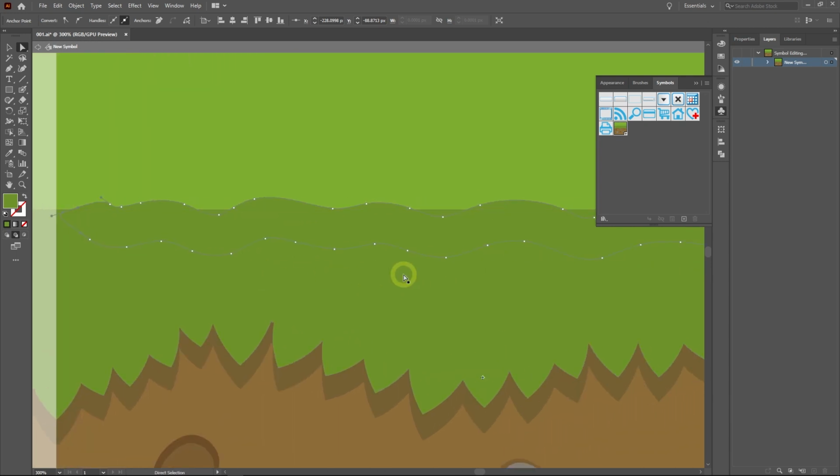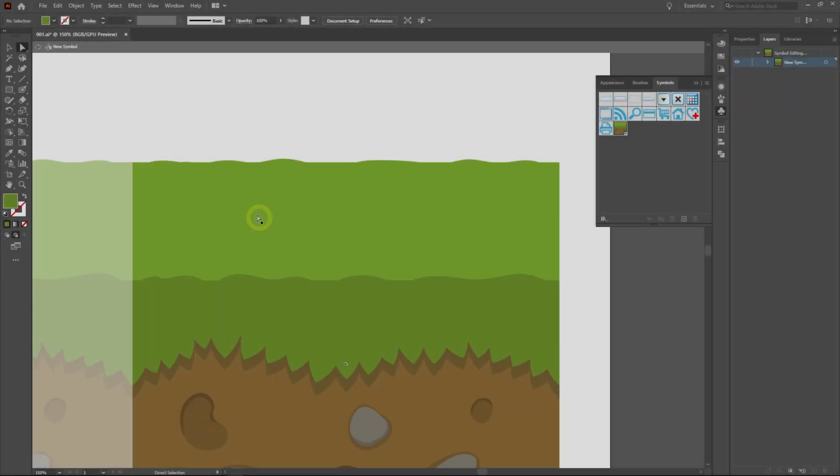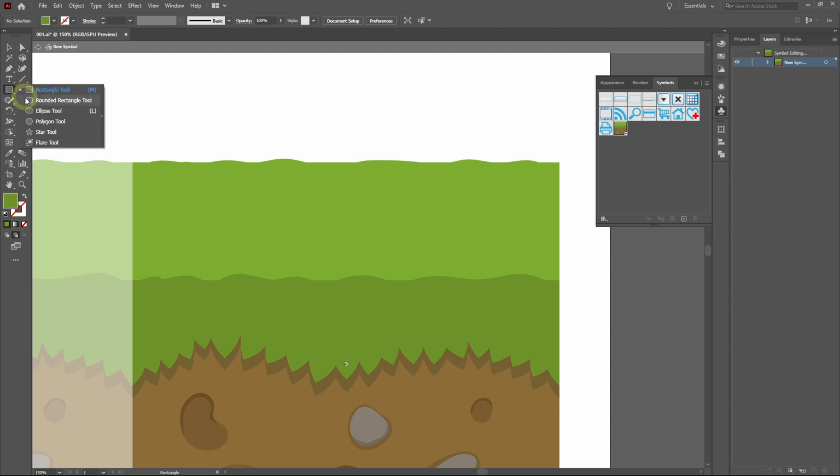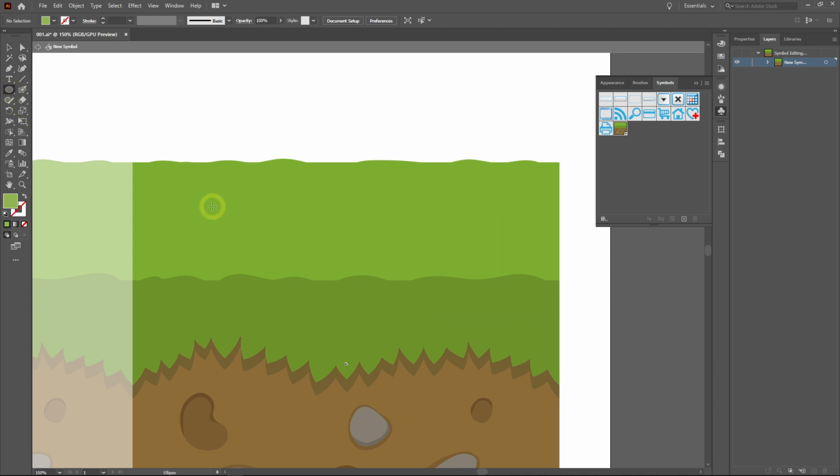I think we should deactivate the Smart Guide for now. This is so that the handles don't snap to other objects when we tweak them. For the rocks, we can use the Ellipse tool and just make it like this. Oh, sorry, I forgot that we are still in draw behind mode. Return the drawing mode to normal first, then pick this color. But we want to make it a bit brighter. Then create several ellipses of various sizes and positions.